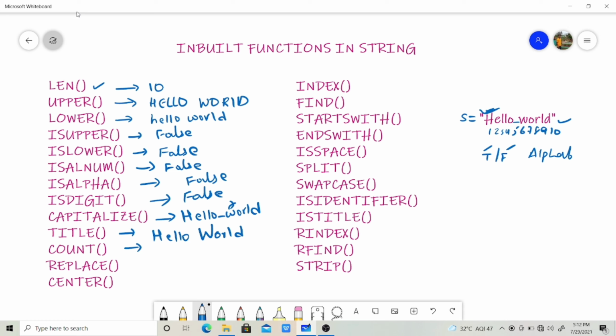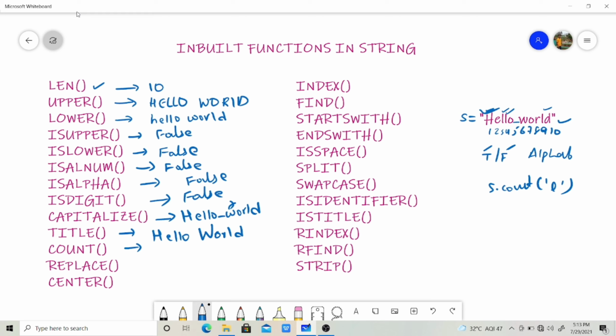And count(), it will count a particular character in a string. For example, if you want to count L, we will write s.count('L'). Then it will give you the number of L's in the given string.